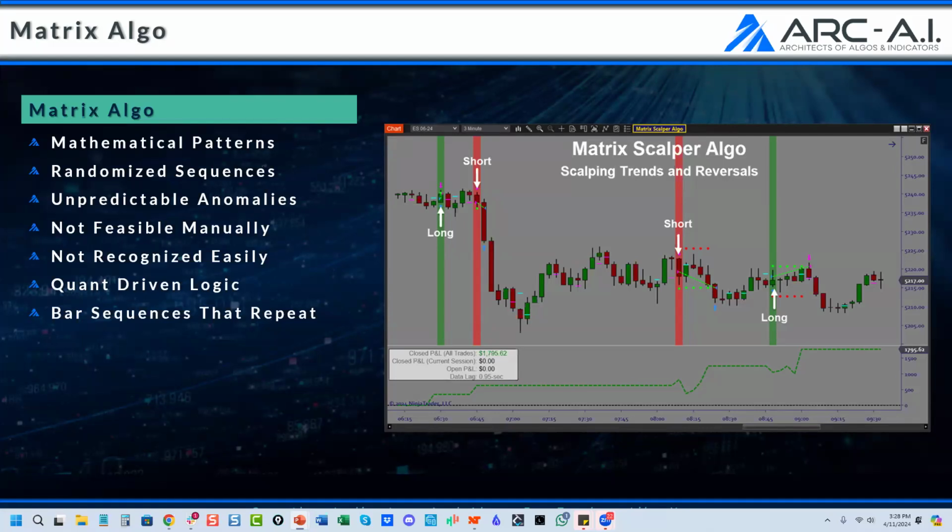And we went to the drawing board. We spent a lot of time putting this together. When I first met with Jeff, I said, we're going to build a quant mathematical algo. He says, what? I say, yeah, there's some edge to this. I've been following some quants. I'm a part of some quant groups, and I'm privileged because we just acquired TickBlaze, and we're branching into an algorithmic environment, working with quants and hedge funds and institutions. Sometimes I get a mulligan. I get to meet with some pretty smart people, and I get ideas and innovation, and we bring that to the R&D table. And that's exactly what we're going to do with the Matrix Algo.